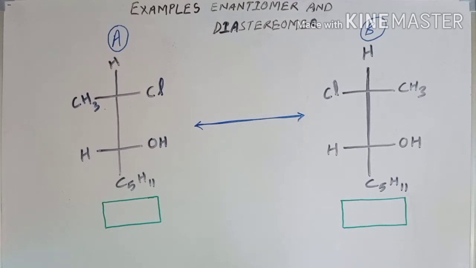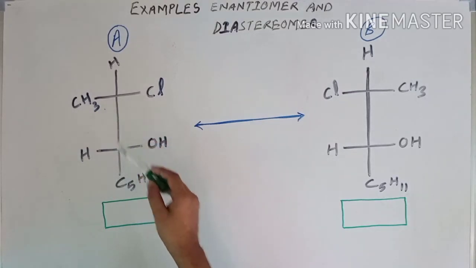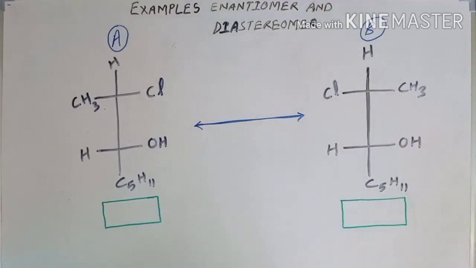This relationship can only be found out by exactly defining the configuration of the chiral carbons of these two molecules. So how will we define the configuration of a chiral carbon? It can be easily defined by applying the CIP rule of nomenclature. And what do we mean by the CIP rule of nomenclature? It is already covered in the previous lecture. So we will apply those rules and find out the relationship.